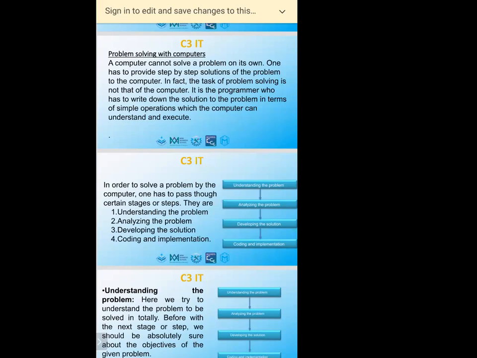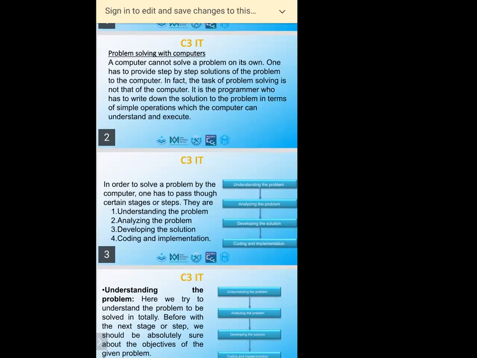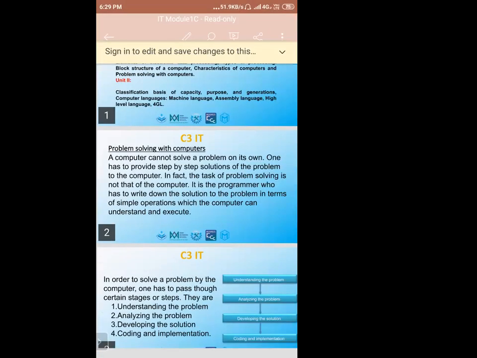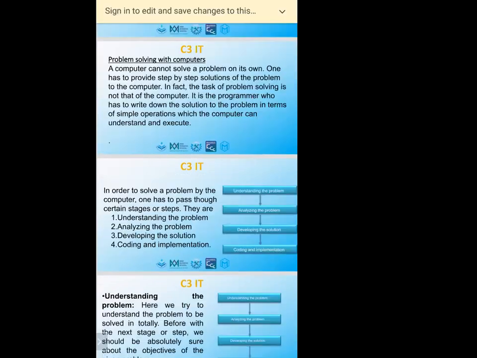So not only typing the letters in Word, not only entering the data in Excel, that is not problem solving. Problem solving means making computerization of your system. For example, you are working with your school. I want to enter all the school information, all the marks. After that the system has to calculate, and the system has to print the mark sheet. The system has to make a grade for all the students. That is the problem.